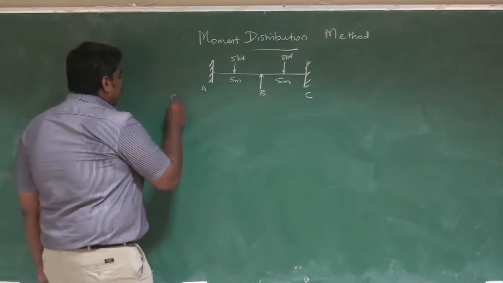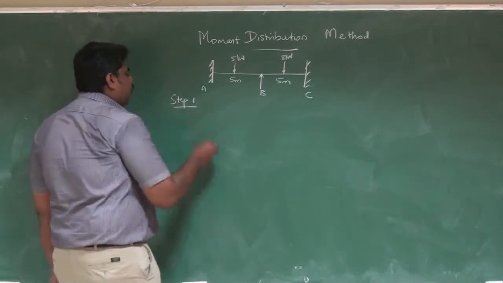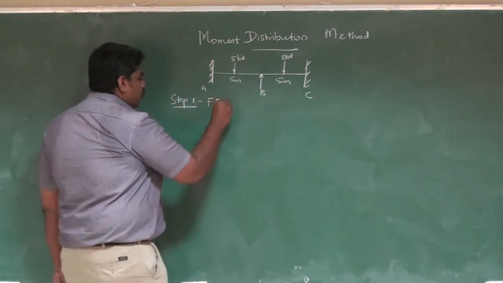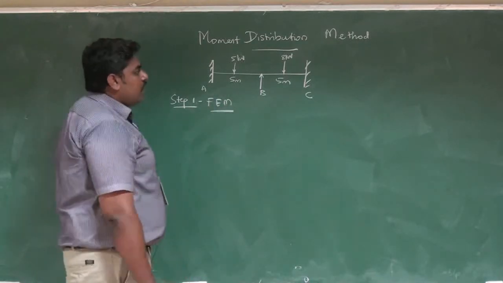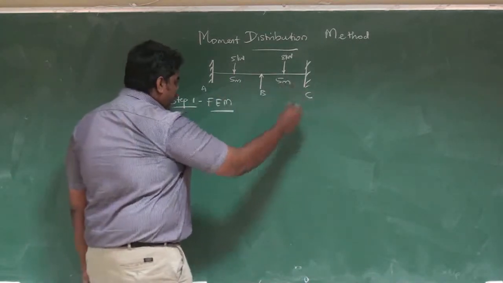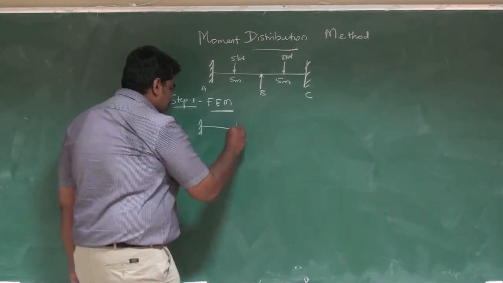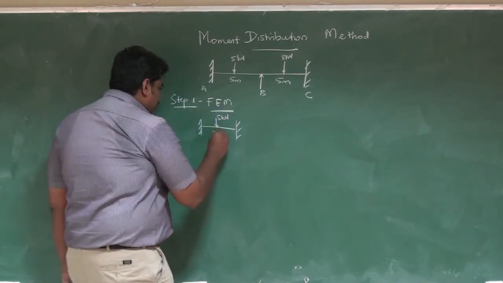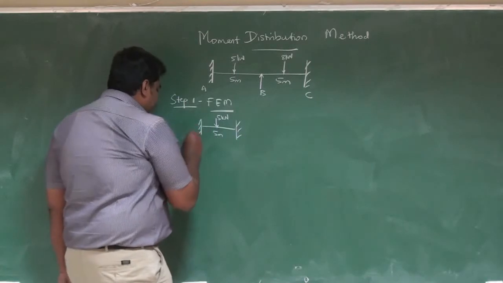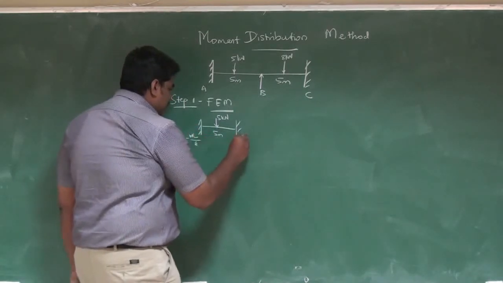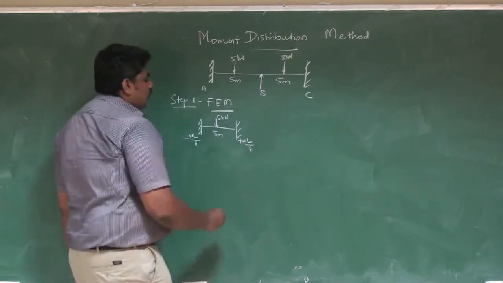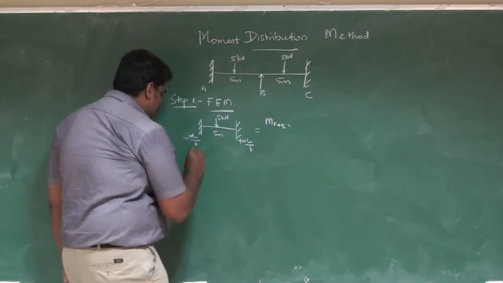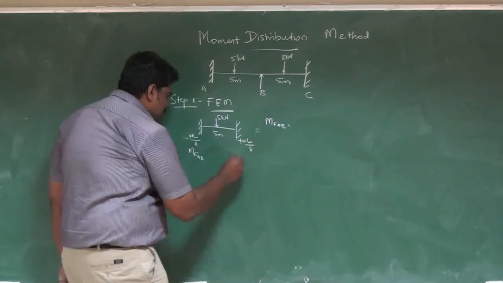So step 1 will be, as usual, common for both the slope deflection method and the moment distribution method: fixed end moments. I told you the formula, you have to split this beam into separate beams. So first let me fix this particular beam separately, having a 5 kilonewton load here. This is 5 meters, and it will be minus WL by 8 and plus WL by 8, right? So here, left hand side is MF AB. This is MF AB and this is MF BA,